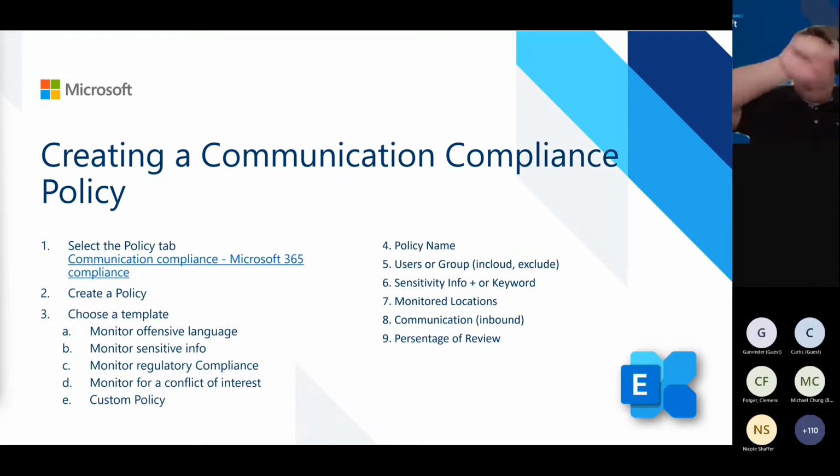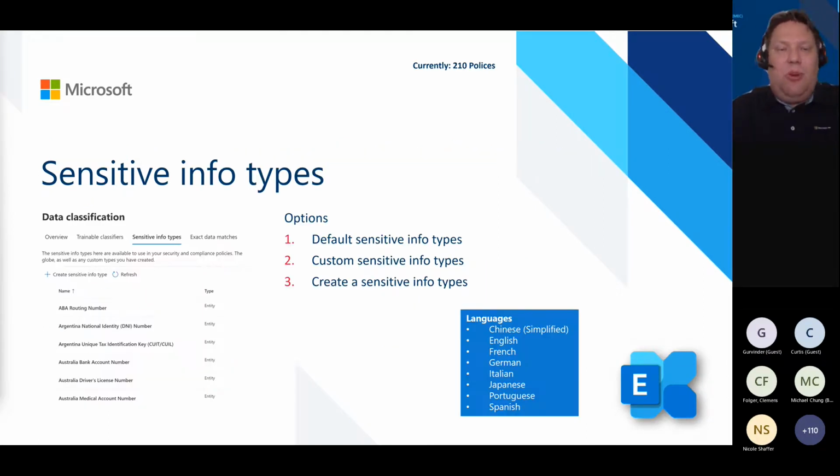Here's a little checklist for creating a policy. I go forward because we want to create a policy together. We can also use sensitive information types. So we have a keyword list, for example, that's what I use for the stock example, and adding some sensitive information, for example, bank information, so that people don't talk about bank information or send bank information to the guy who changed the department to stock trading.